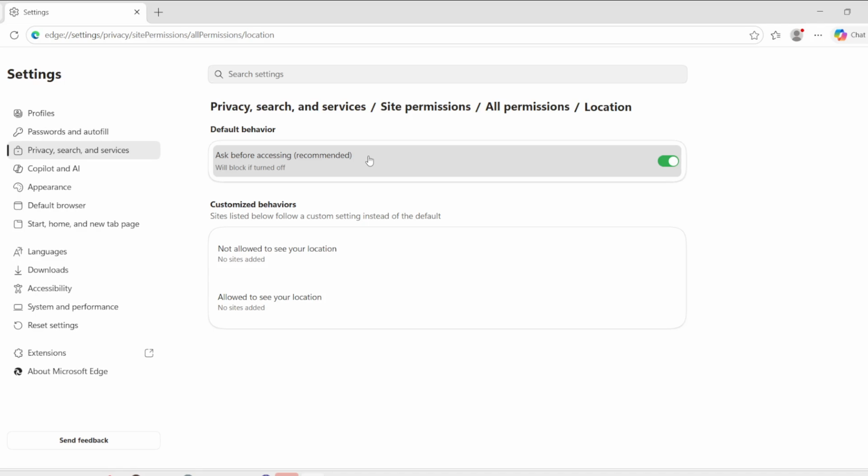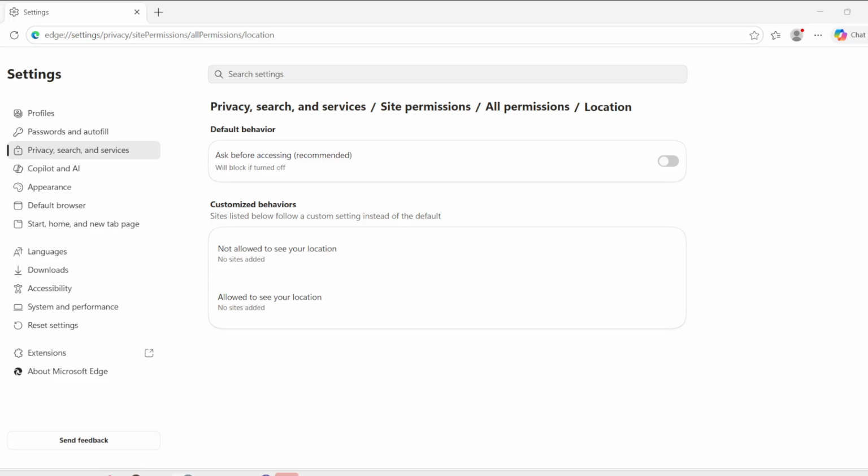Finally, use the toggle switch to set your preference, whether you want to allow or block access. This toggle makes it easy to manage your choices. This step is particularly important as it finalizes your permission settings. Once you flip the switch, you will see a confirmation appear, ensuring that your preferences are saved. This gives you peace of mind knowing that your settings are now in effect.